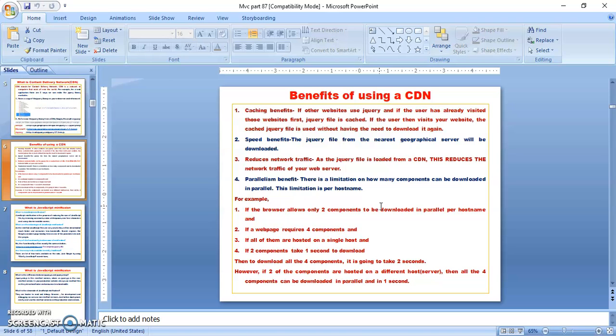But if you download from a CDN, your server is one host and the CDN server is a second host. Your server downloads two components and the CDN downloads two components, so your time is saved and you can get all four components within 1 second.